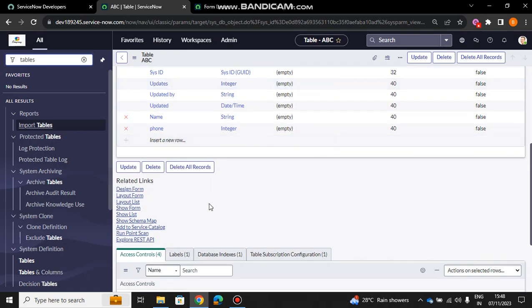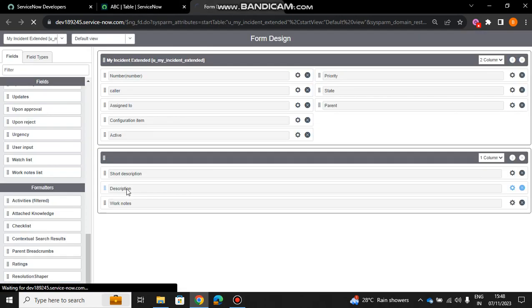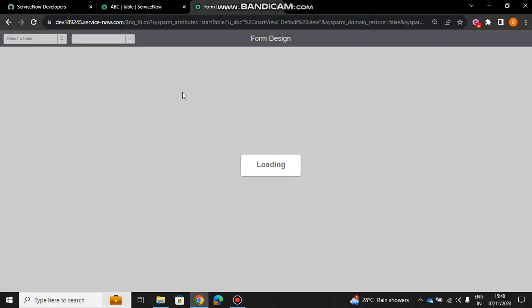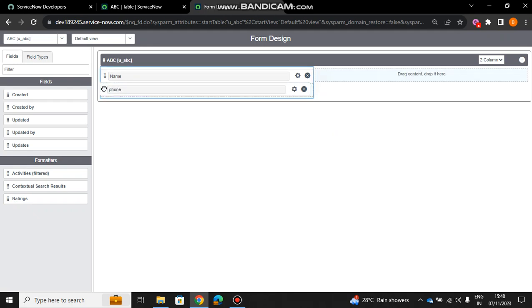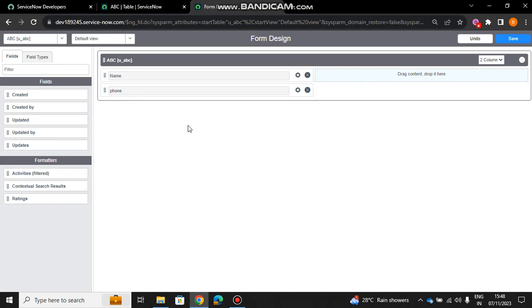And if you want to see the design, or if you want to change the design, then you can click on this design form related link. So you can see here how the design form will look like. This is how the design form will look. Let's say I don't want that to be present, I mean horizontally, so I want